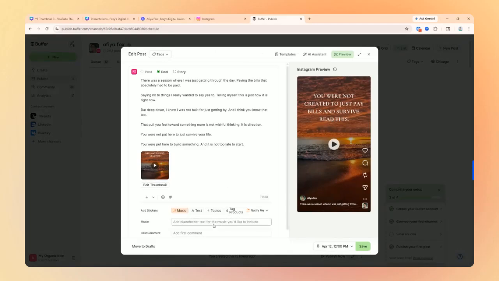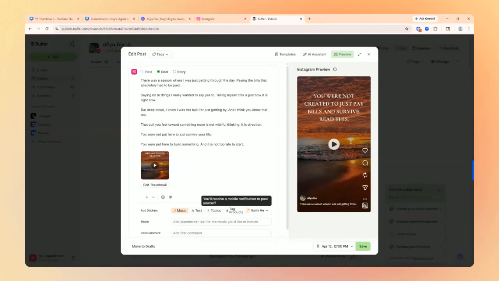So you can also add a placeholder. This reminds you of the kind of music that you want to add onto your specific reel or story or post. It's really cool. And then you have a little notify me here, so it won't automatically post, because you're flagging that you need music attached to the reel or the post. So you can have it notify you, and when you receive the notification you can make whatever changes you need before you post it. Or if everything's ready to go, it'll just automatically slot it for that time to post to whatever channel you have. So again,